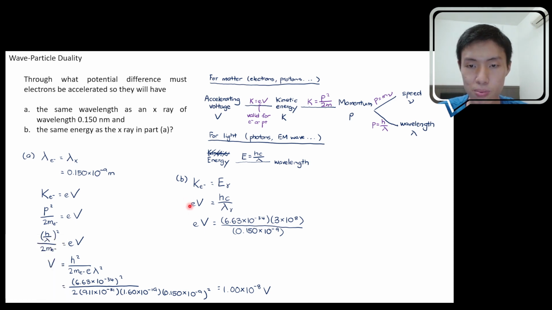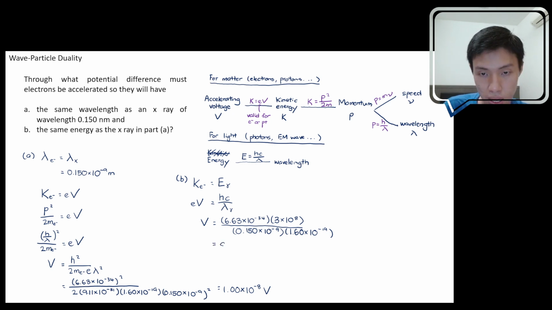I'm going to bring e to the right-hand side, putting it as a denominator, and remove it from the left. So I put 1.60 times 10 to the power negative 19 in the denominator. We are shifting the elementary charge to the right-hand side denominator. If you calculate everything, you get the accelerating voltage to be equal to